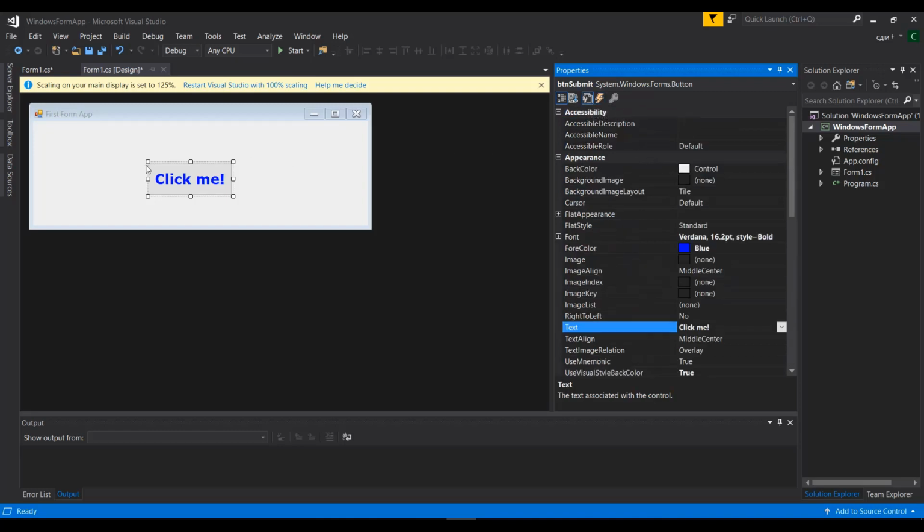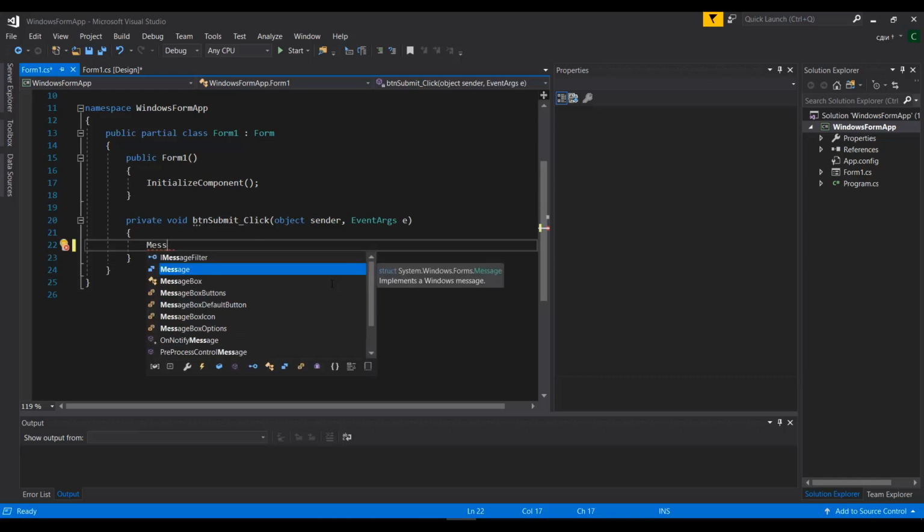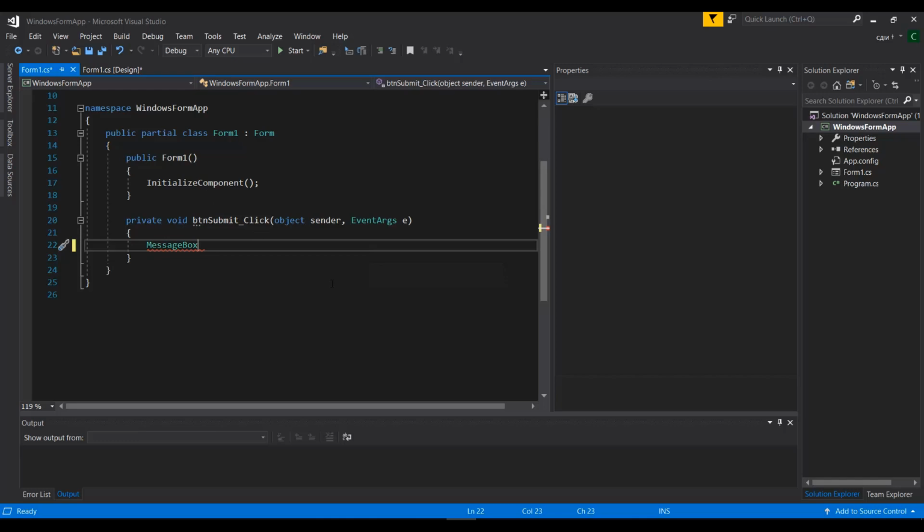So we're going to come back in here, double click on the button. And in here, I'm going to type a MessageBox. A MessageBox is actually a class, and it has a static function called show, which allows you to create a message box at the center, and it shows a text inside, so it accepts a string value. Whatever the value that you type inside will be visible when you click on the button now. So I'm gonna say hello